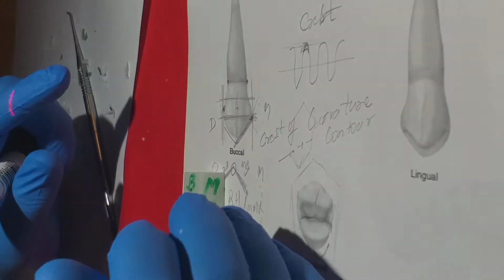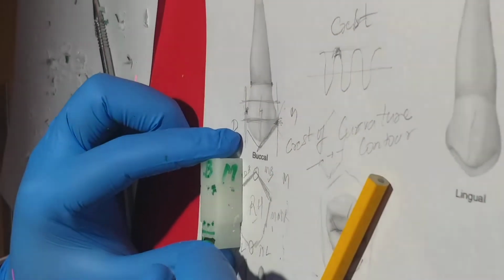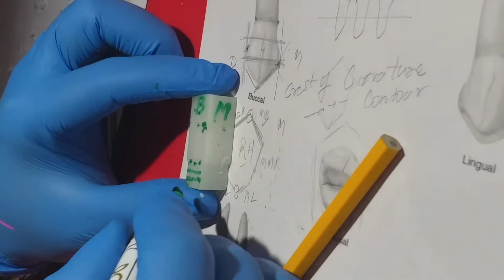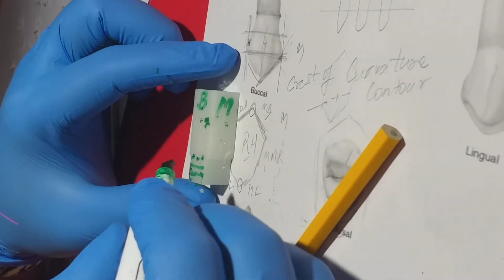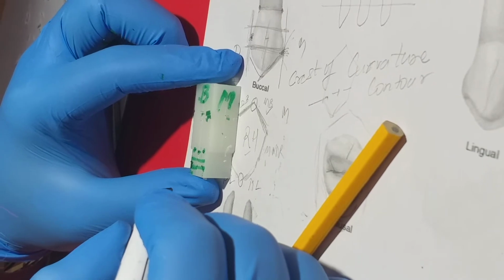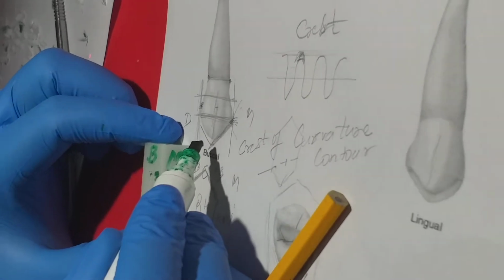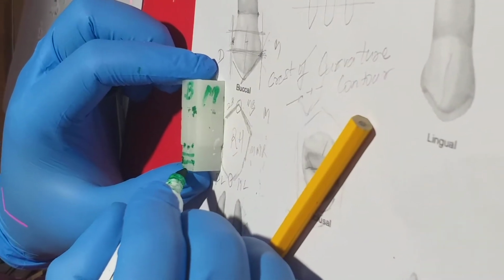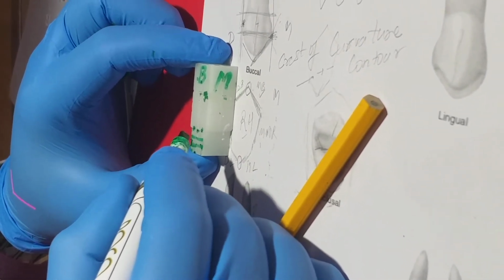Any doubt here? So on the mesial side, I mark at the junction. The junction is the line between the middle and incisal third. Whereas on the distal, it is the middle of the middle third. And since the mesial slope is wider than the distal, the buccal cusp tip goes to the distal side. You will be placing it distally. Understood? So it is easy now how to draw.